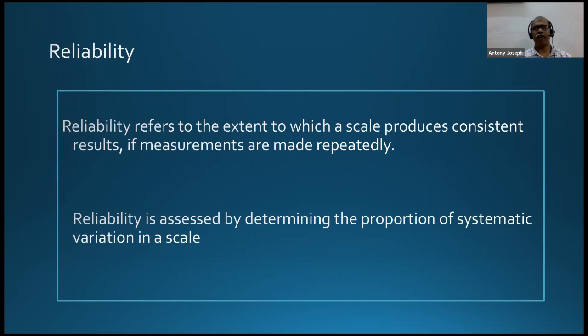Say, for example, if you have a scale for measuring financial inclusion, or for measuring financial capability, or for measuring financial satisfaction of individuals, the scale can be considered reliable only when it can produce consistent results. Say, for example, if you are conducting a study among the marginalized people in Kerala about their financial capability and financial satisfaction.